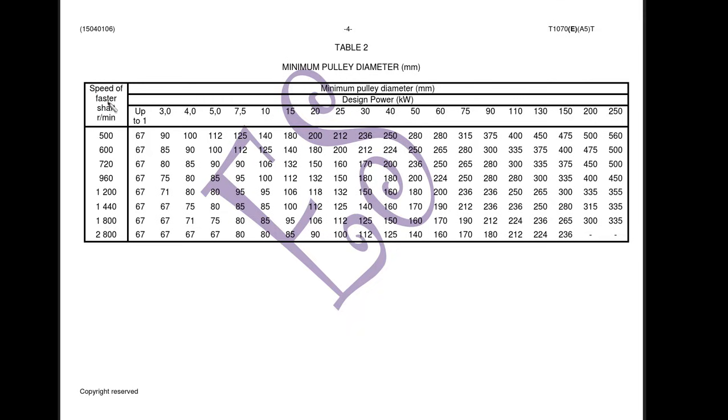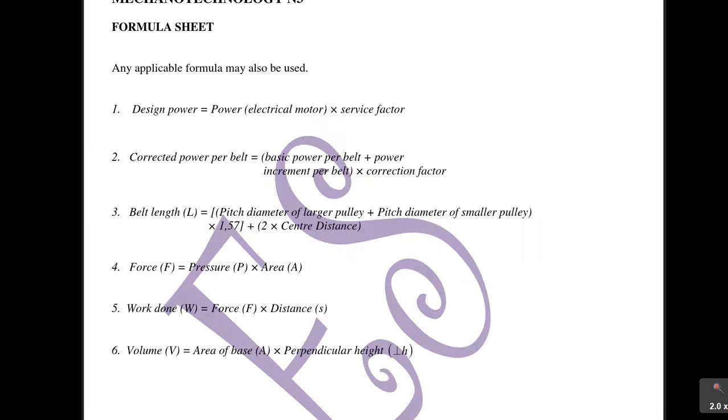The first part talks about the speed of the faster shaft, which is the speed of the faster pulley. If you remember, I said when you're finding the speed ratio, there is the bigger number divided by the smaller number. So you have to take the bigger number in RPM, which represents the faster pulley. And then secondly, under the minimum pulley diameter, you can see it talks about the design power, which means you need to know the design power again to find the minimum pulley diameter. Now with these two pieces of information,